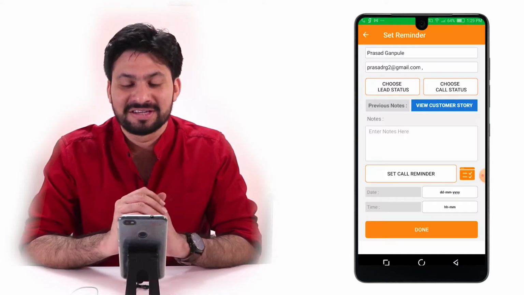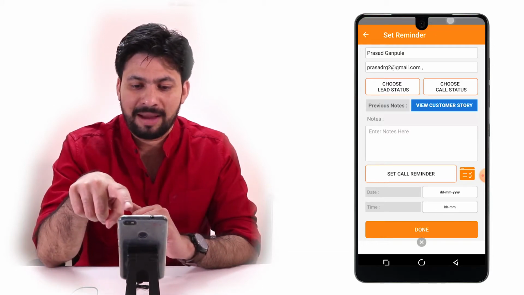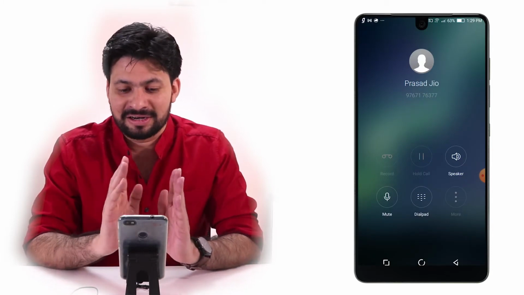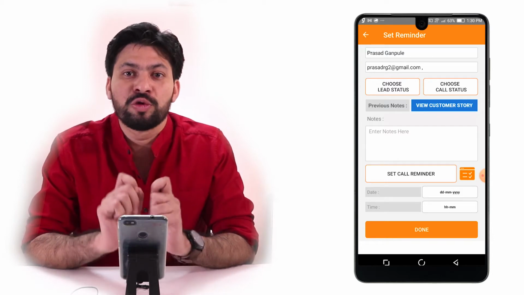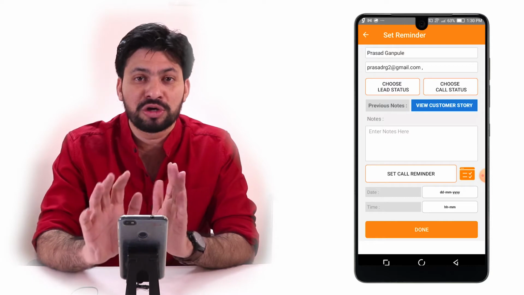And here it is. While the call is happening, as you can see on the top, still below, another page has opened up. And this is basically the page where we are going to put in the details. So while the call is actually happening, you can note down certain details.